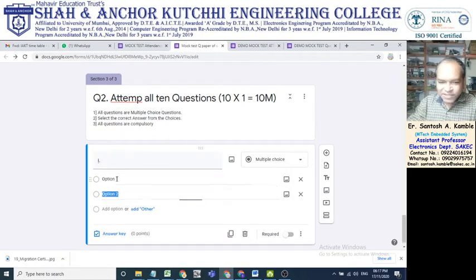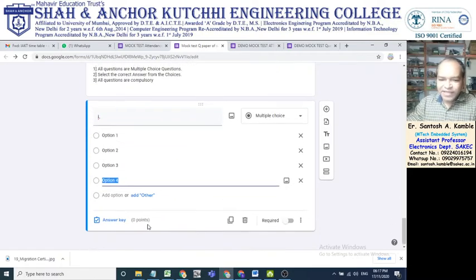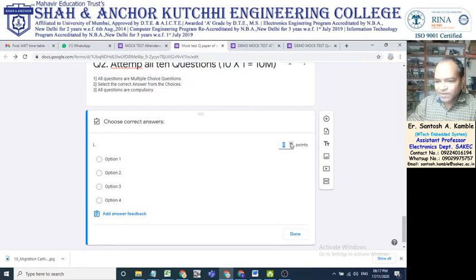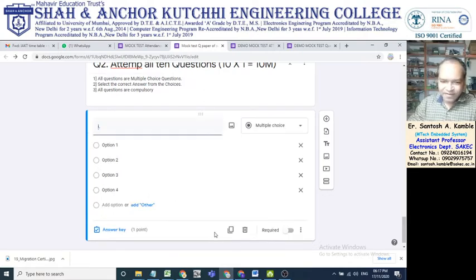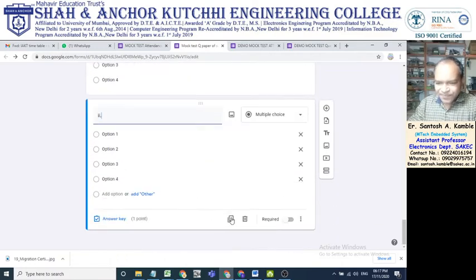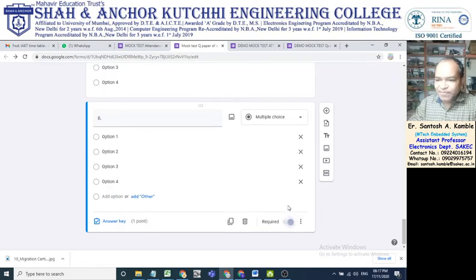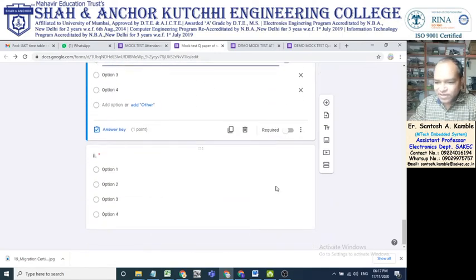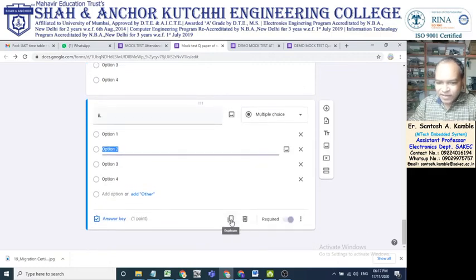There are 4 options, and each question has 1 mark. So 1 mark, you have to select proper answer. Done. Then do copy. So this is for second. It is required, compulsory. All questions are compulsory. Then copy.